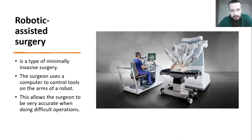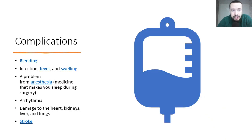Robotic-assisted surgery is a type of minimally invasive surgery. The surgeon uses a computer to control tools on the arms of a robot. This allows the surgeon to be very accurate when doing difficult operations. Complications: bleeding, infection, fever, and swelling, a problem from anesthesia, medicine that makes you sleep during surgery, arrhythmia, damage to